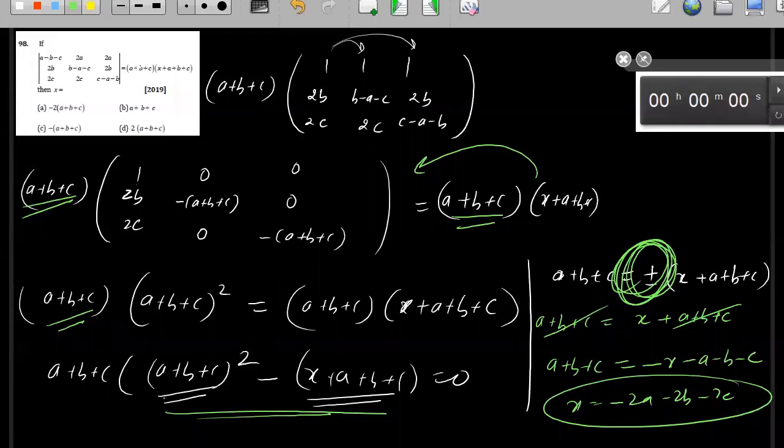Because there is a square, you cannot simply take the square out. Only because of that you will make a mistake. There you made the mistake, because there was a square and you will have two values, plus and minus